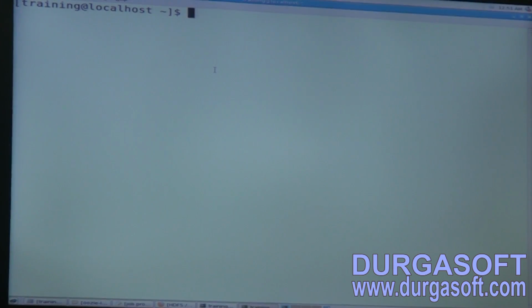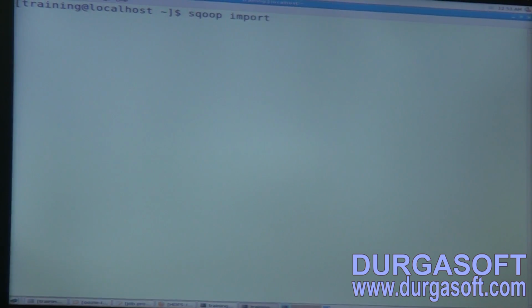Okay. Check this one. I'll give sqoop space import. Already we have some user table, right? User table is there, right? Movie lens database. Right or wrong? Otherwise we will see that again. Did you remember that? User table in movie lens already we have seen. Right? Okay. So sqoop space import space backward slash